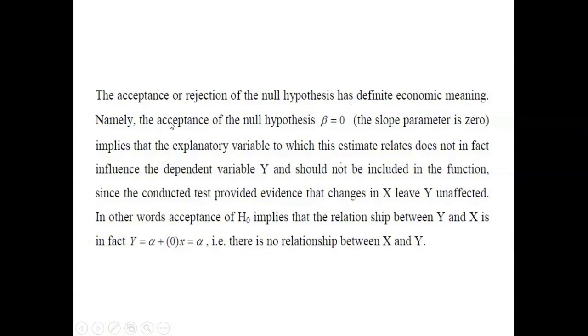Namely, acceptance of the null hypothesis means that the population parameter is equal to 0. The slope of the parameter is what? 0. This implies that the explanatory variable to which this estimate relates does not in fact influence the dependent variable y and should not be included in the function, since the conducted test provided evidence that a change in x leaves y unaffected. In other words, acceptance of the null hypothesis implies that the relationship between y and x is in fact y